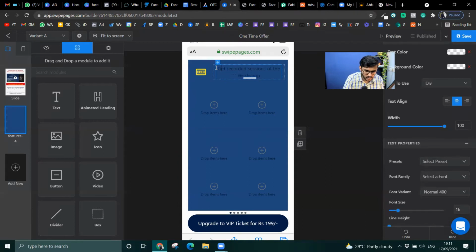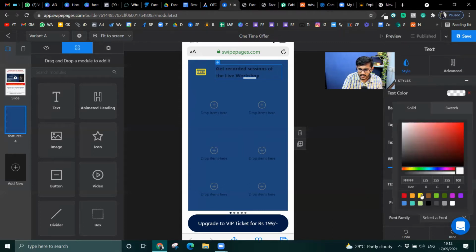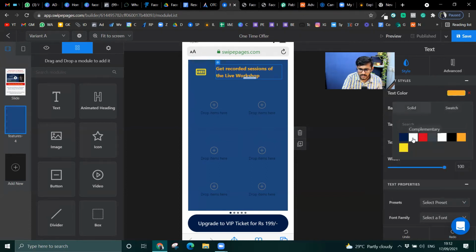Instead, I'll just say get recorded sessions of the live workshop. Bold, left aligned, text color swatch white. Okay, looks good.